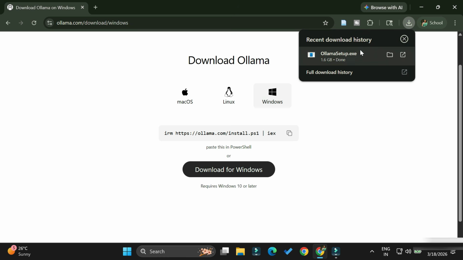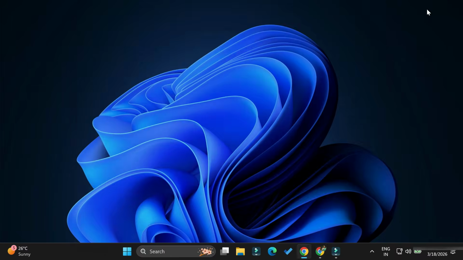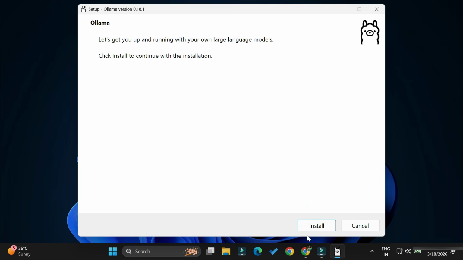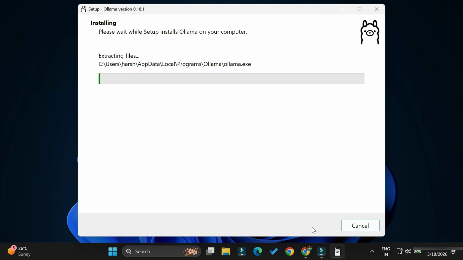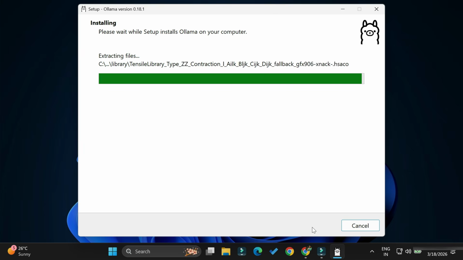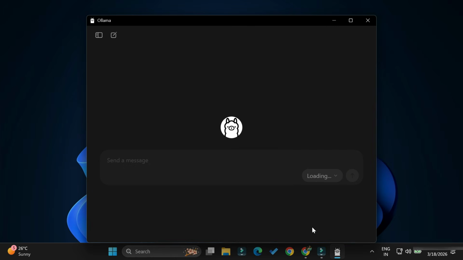Okay guys, my download is done. Now to install it, I am simply going to click on this exe. You can close or minimize your browser. And now here I'm going to click on this install button, and the installation has been started. It will take a while. Okay guys, so the installation has been done and it has started this page, and here it's loading models, and